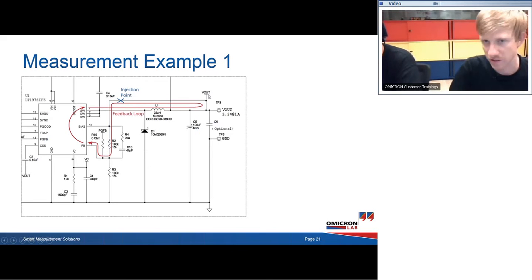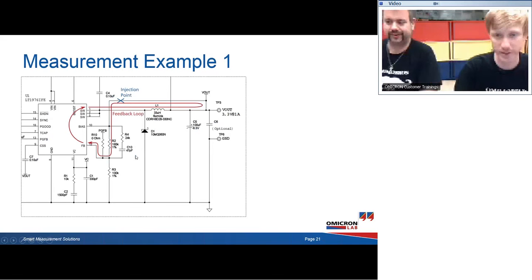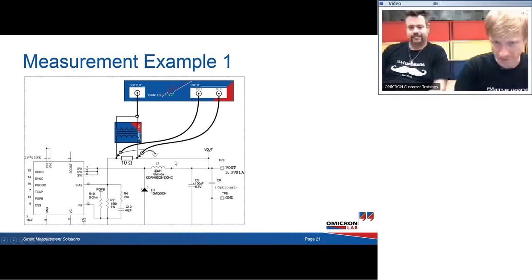Looking backwards to the loop, we see the output voltage of a power supply, of a voltage source, is very low impedance, and the impedance towards the feedback is very high. We have 165 kΩ here in series, so it's a very high impedance. So this is a very nice point, and we will break the loop, place a 10 ohm resistor there,